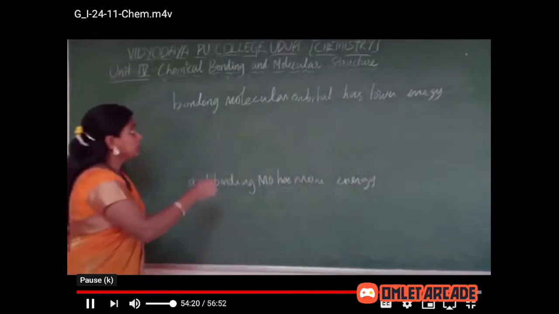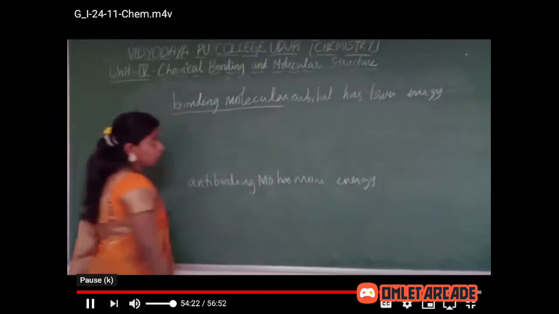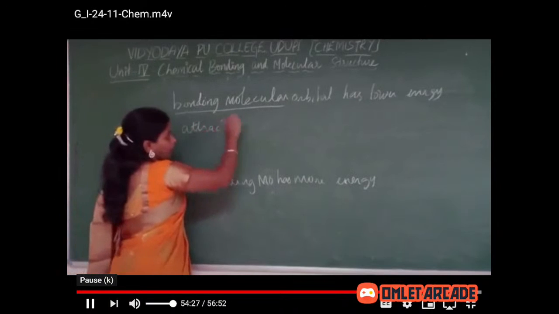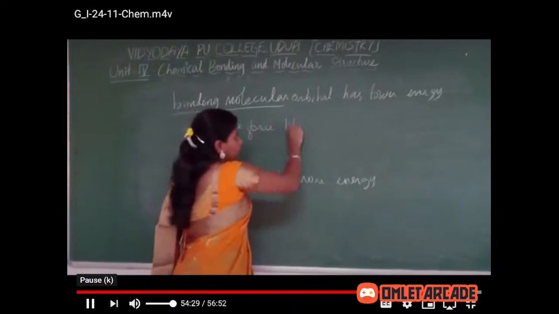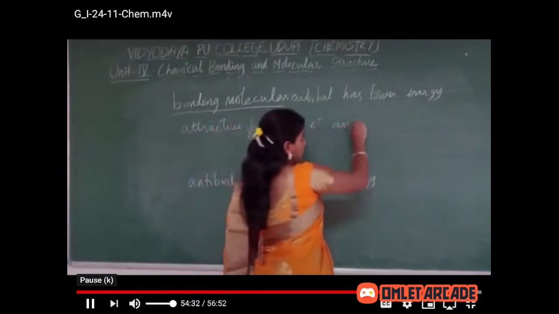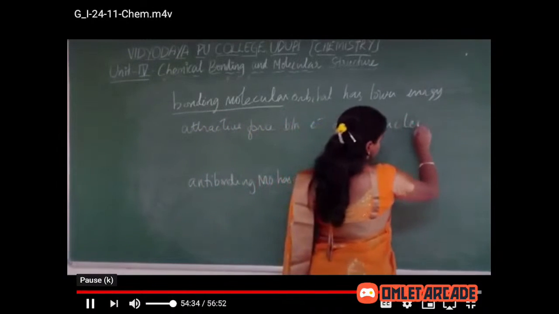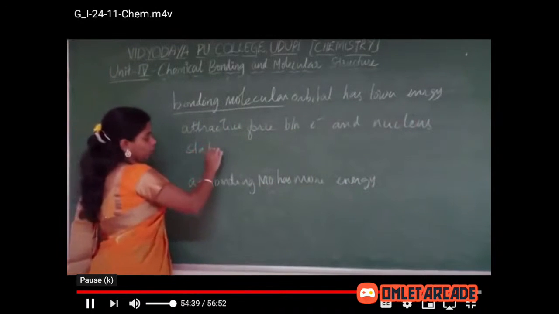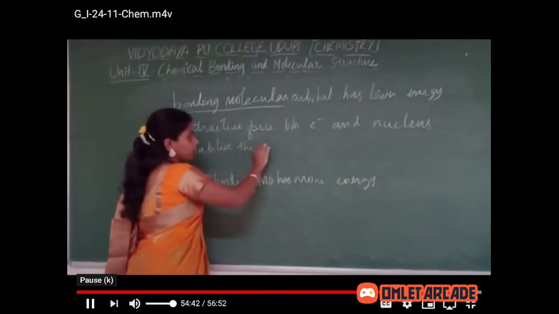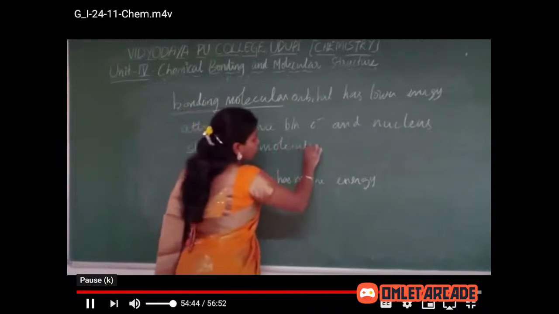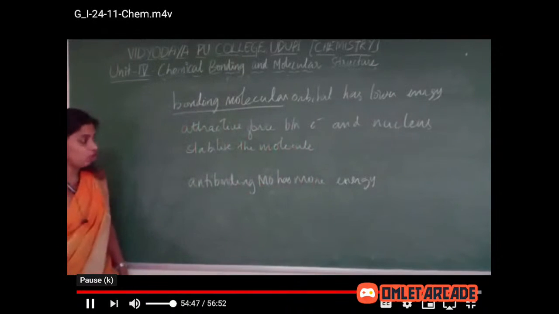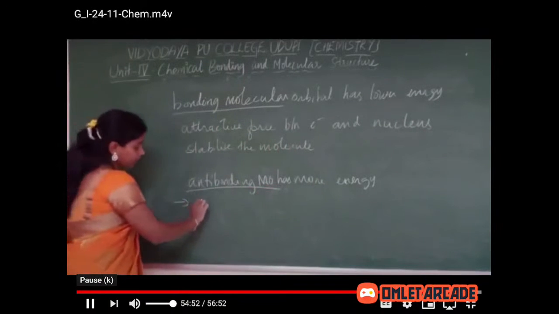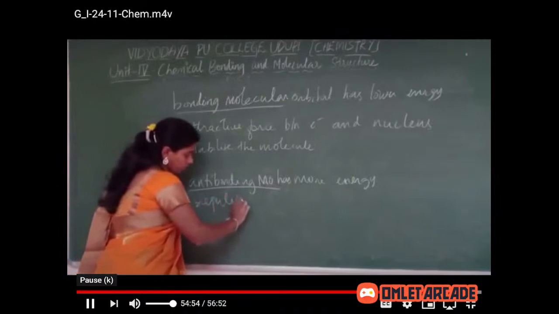The reason is, for the electrons in the bonding molecular orbital, there will be an attractive force between electron and nucleus. Okay, so that will stabilize the molecule. So the bonding molecular orbital has lower energy, whereas in the antibonding molecular orbital, there is repulsion between the electrons,